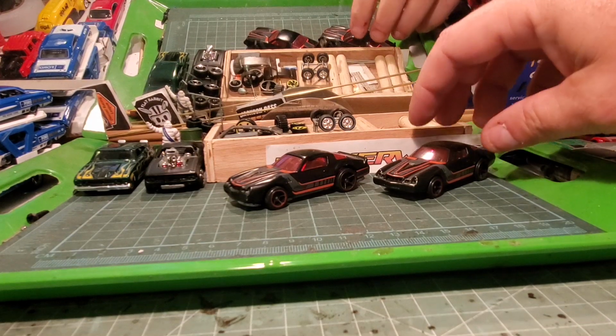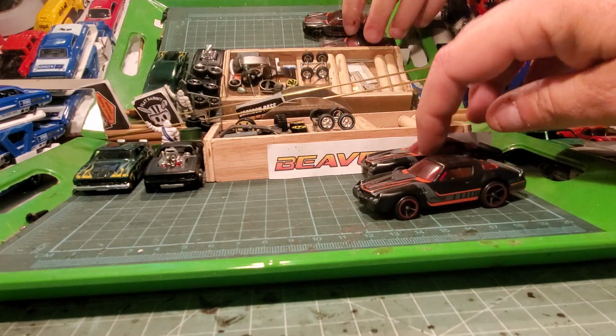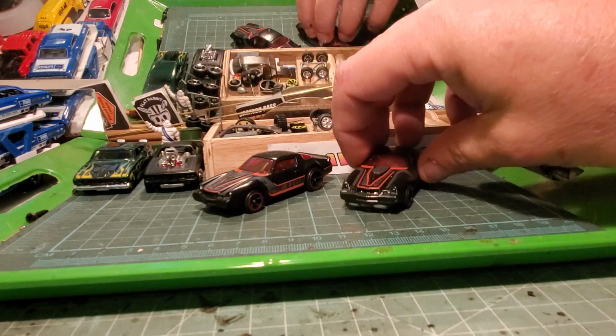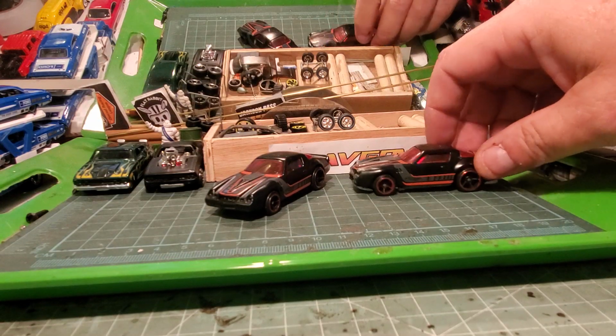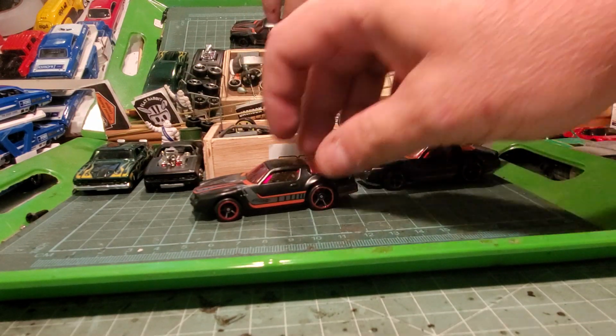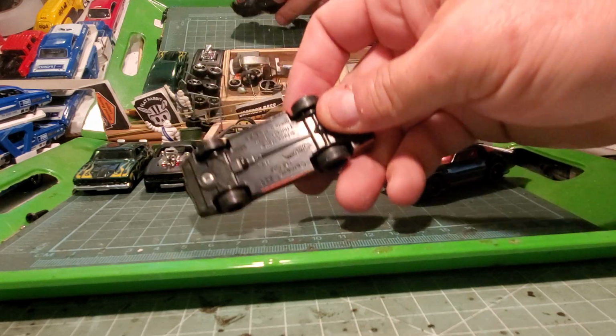A little bit of a race shop vid here about adding weight. Usually I have to pick up a 10-pack these days to find really cool old muscle castings that are just cheap enough to work on. So here's a couple of 10-pack Camaros of the